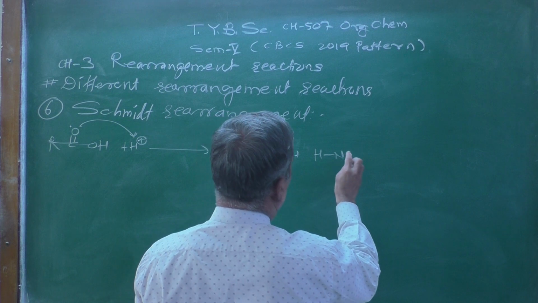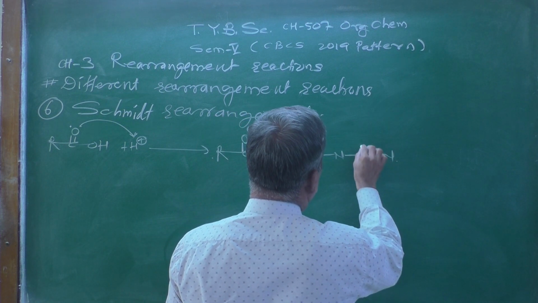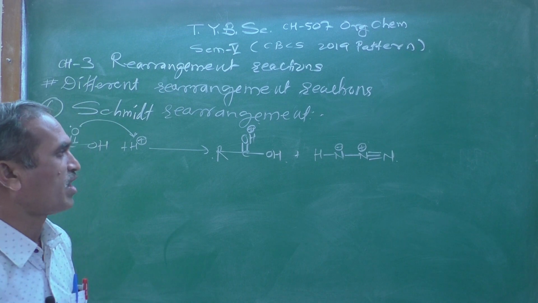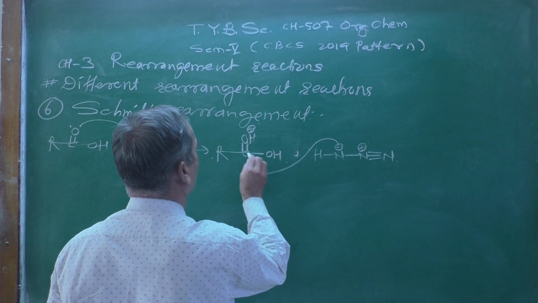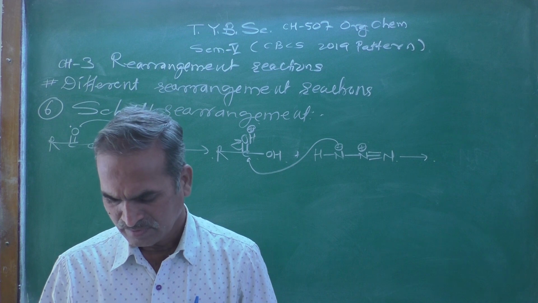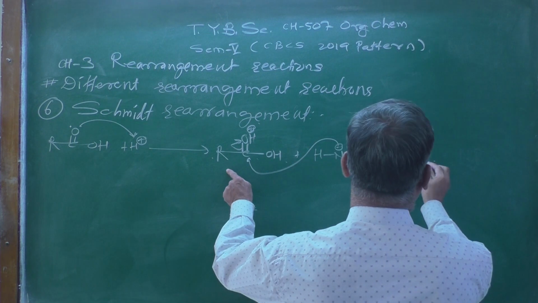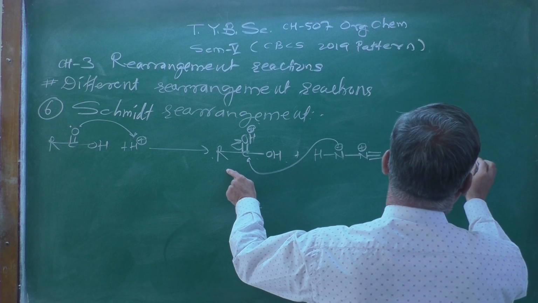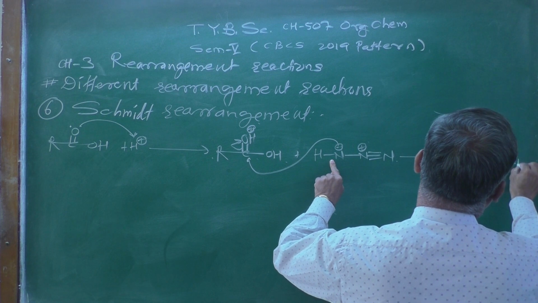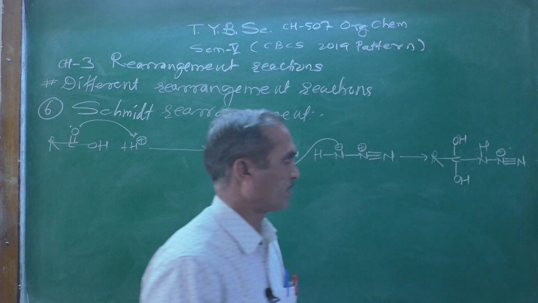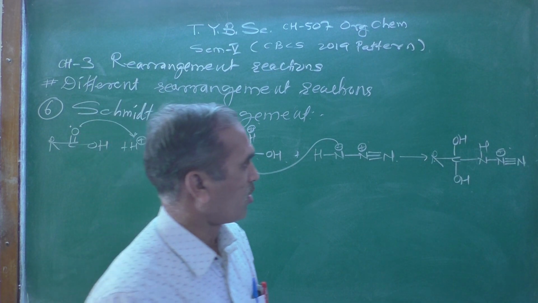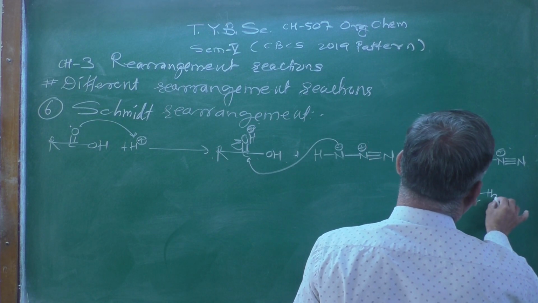And that protonated acid, then further there is a nucleophilic attack of azide. We generally write N triple bond N, positive charge over here and negative charge on that nitrogen atom, because azide acts as a nucleophile, and therefore it is going to attack on this carbonyl carbon, and we will be getting the product like this: R, then C, OH, then OH, then NH, N triple bond N. Here is a positive charge, and after that there is a loss of water molecule H2O.